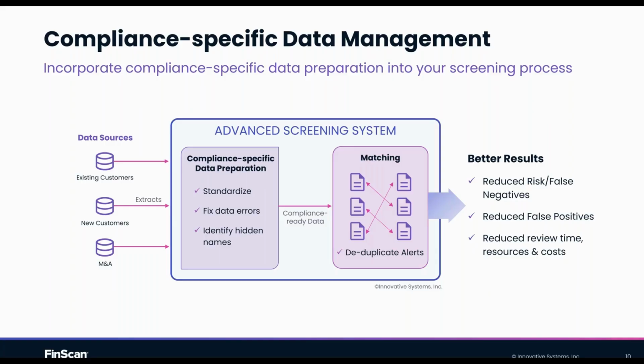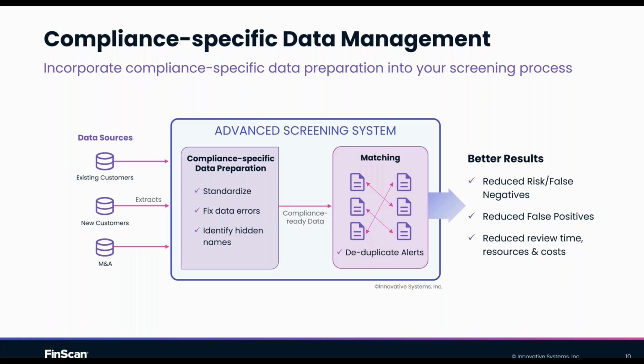You might need to fix data errors, whether that is incorrectly entered information, or whether it's deliberately entered as just a placeholder value. I haven't got the customer's date of birth to hand right now, I'll just put 1900-01-01. Of course, there's absolutely no way someone that was born 123 years ago is going to be opening up a new car insurance policy or a new trading account. That's obviously a data error that needs to be resolved. And can it also identify hidden names? Joint account names, Mr. Kieran and Mrs. Jacqueline Holland as one name, and can it split them out? Or have you got things like trading as, care of in the customer application?